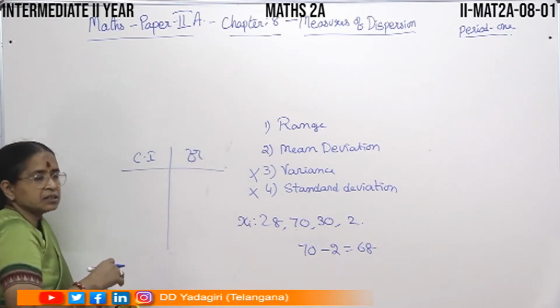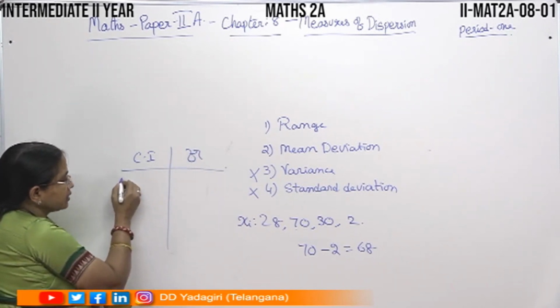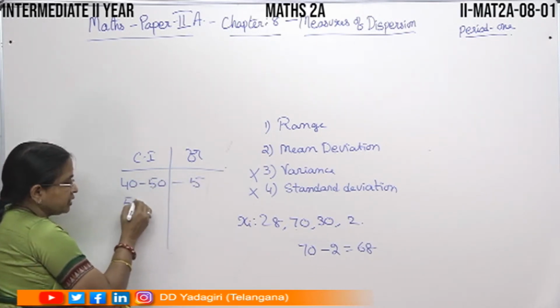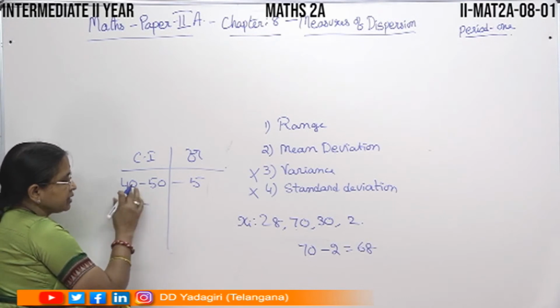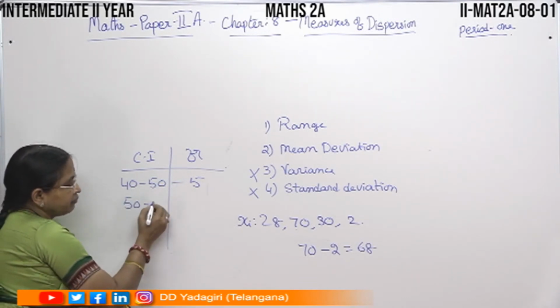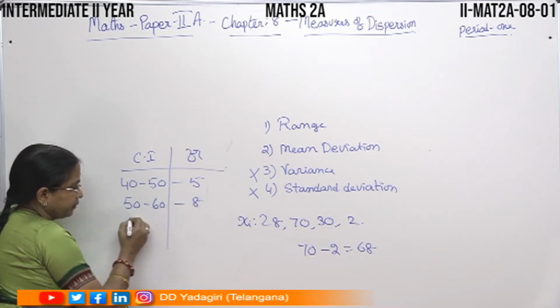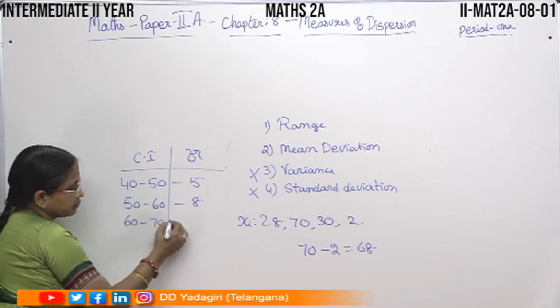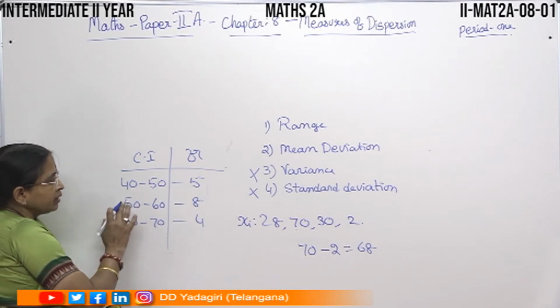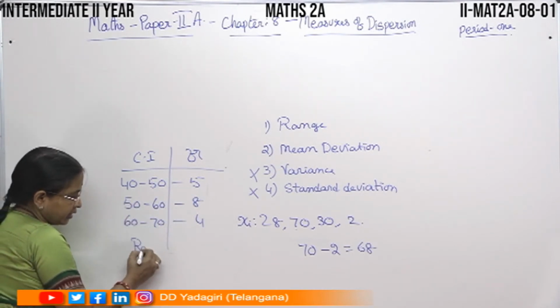Suppose the data is a grouped data like this. Say 40 to 50, frequency 5, and then 50 to 60, frequency 8, 60 to 70, frequency 4. These are class intervals. This is the lower limit and this is the upper limit of the first class. Suppose you have something like this. Then the range of this data,